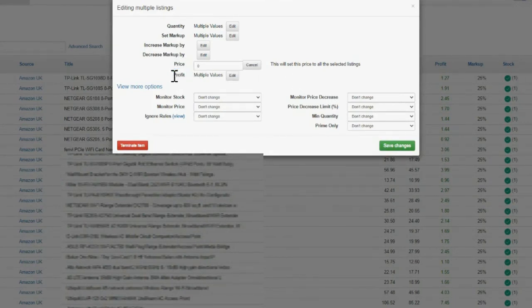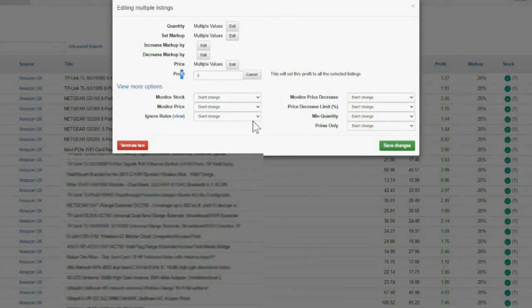The profit option is for when, let's say, you want a $5 profit on each sale that you make, no matter what the item cost is. In that case, you can just put 5 here and click set, and it will apply a $5 profit to all the listings that you offer, so it will mark up that price. Then just click Save. If you click View More, you'll get a few more options.